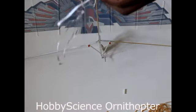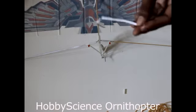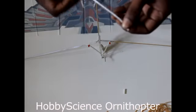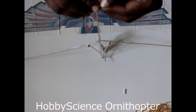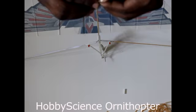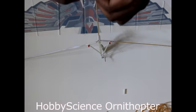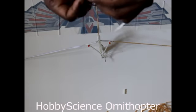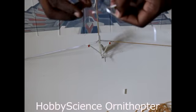Take this, use a scissor if you don't want to use a knife. So now what you do is remove the paper. There are two papers attached to the tape inside. So you remove the paper only one side. If you do it slowly, you will be able to do. Don't be in a hurry. Okay. Now,